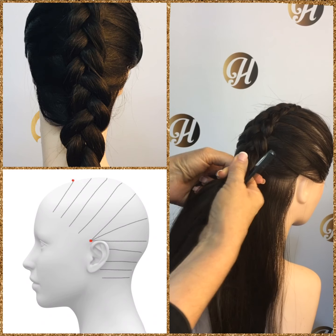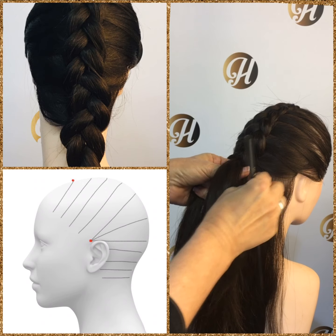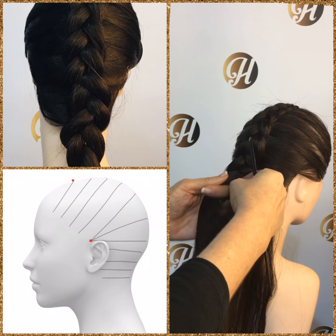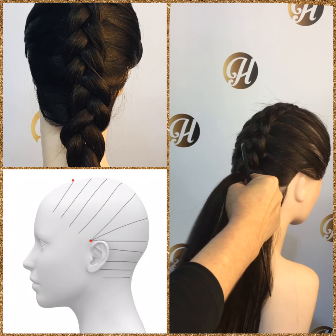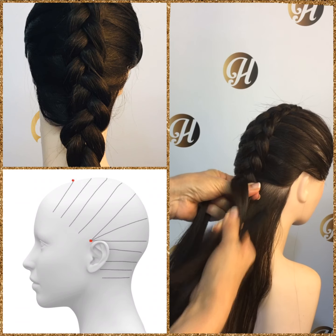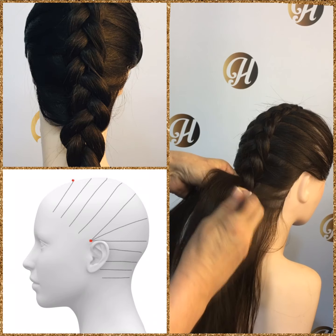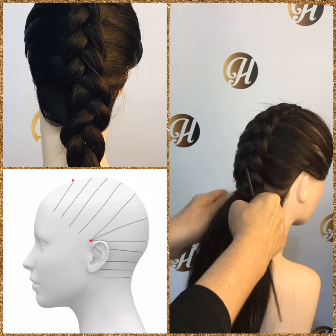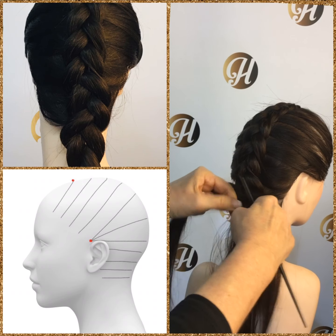The trick with getting the braid close to the scalp is to keep your fingers close to the scalp. If your fingers are far away from the scalp, the braid will be far away from the scalp. So always tuck your fingers in nice and close so that you stay close to the scalp. Pull that hair tight. You don't want to hurt the client, but pull tight